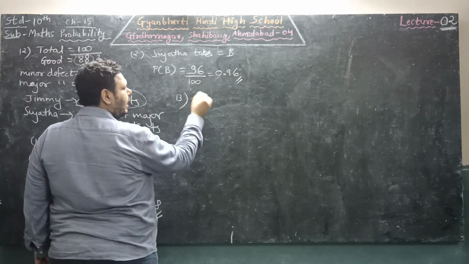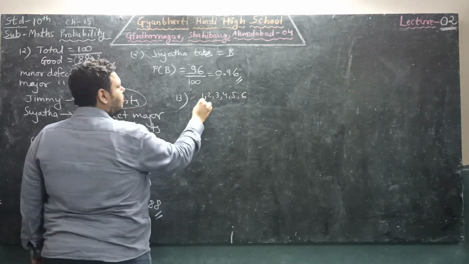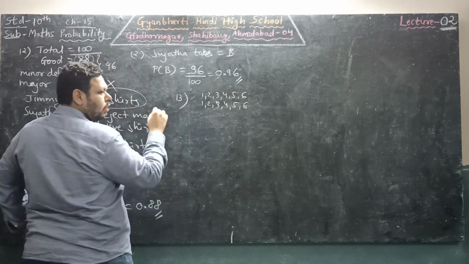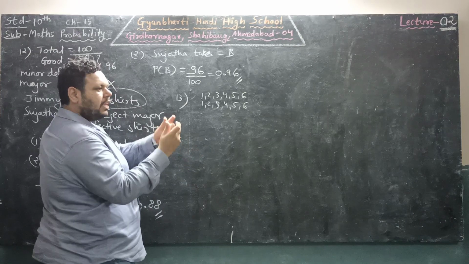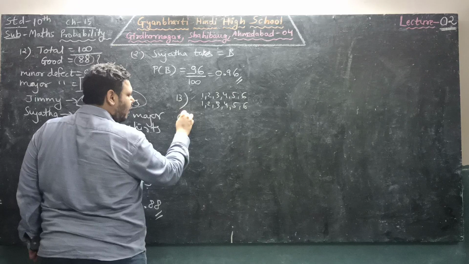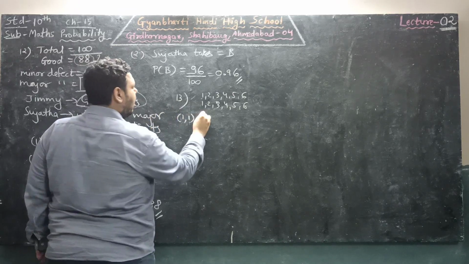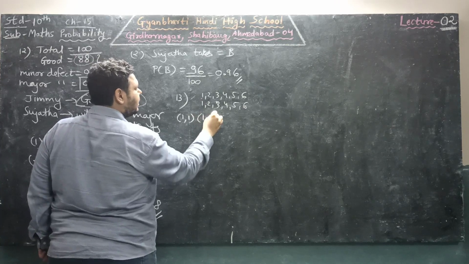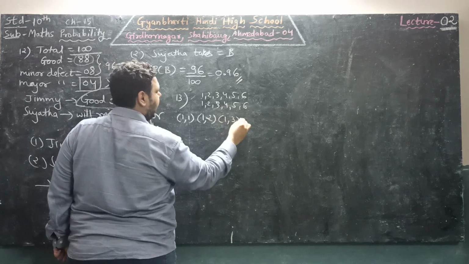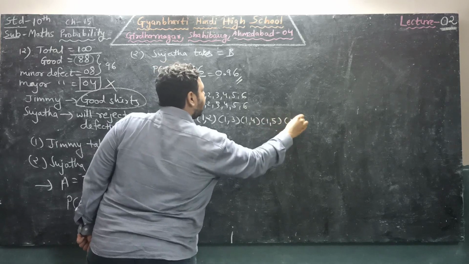So we know that on a dice there are numbers 1, 2, 3, 4, 5 and 6. So both the dice will have the same numbers 1 to 6. As we are throwing both the dice at the same time, our outcomes will be: on the first dice we are getting 1, on the second dice we are again getting 1. On the first we get 1, on the second we get 2. First 1 and second 3. Similarly 1 4, 1 5, 1 6.